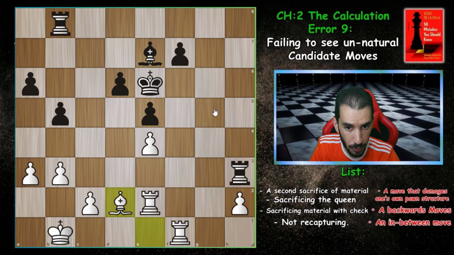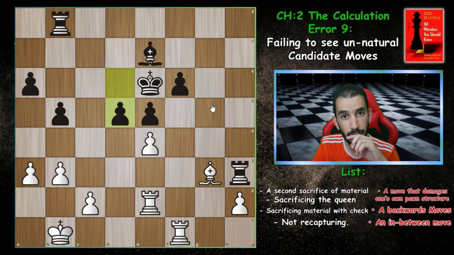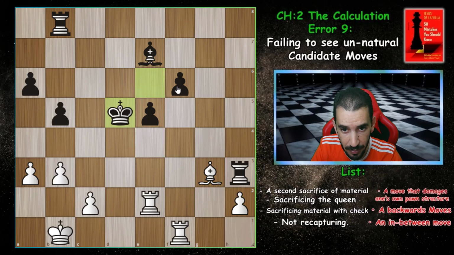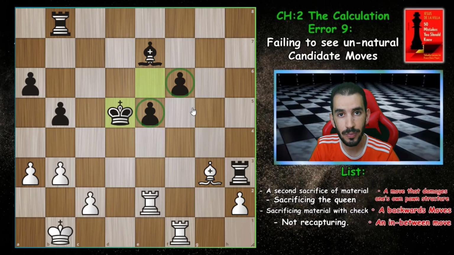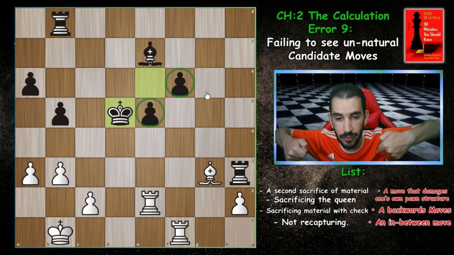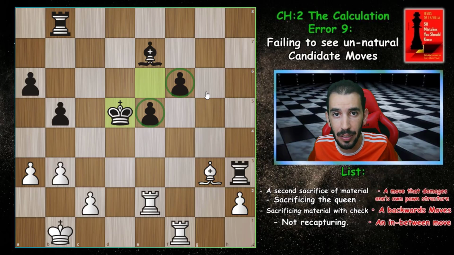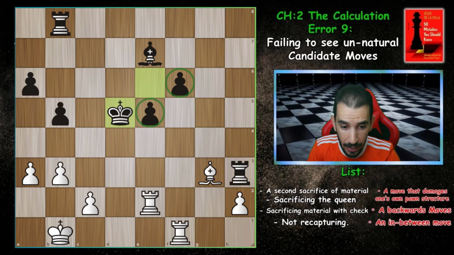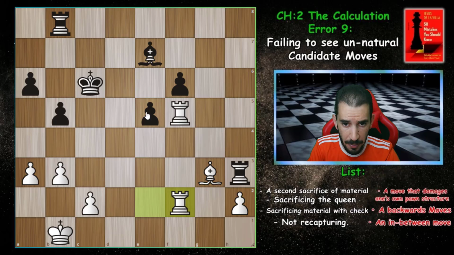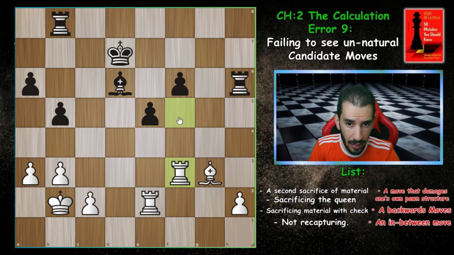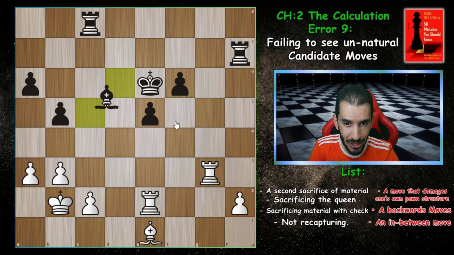And now after bishop d2, bishop e7, the same idea. First of all f6, and then d5. And now he takes back, and now two connected passed pawns. But Anand did not fail to see the unnatural move, because sometimes to pass a certain level, you need to start thinking about unnatural candidate moves. And now, after king takes d5, rook f5, the king stepped back, and soon two pawns will start actually marching,